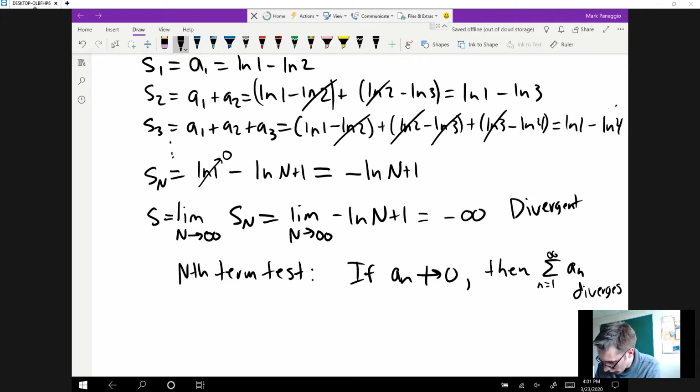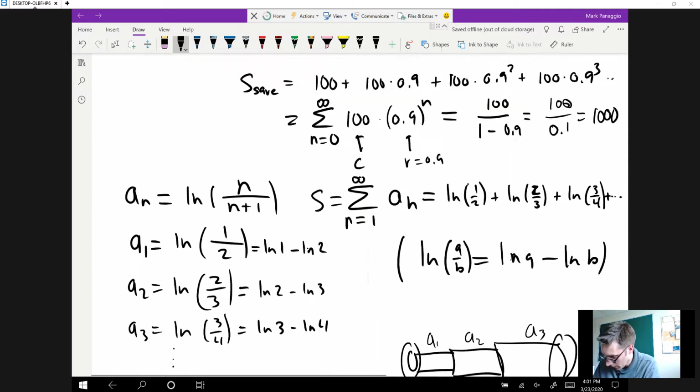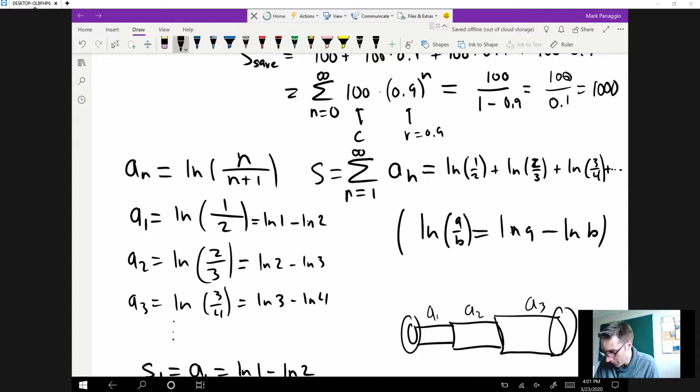Well, here, if you look at our original terms, they are actually going to 0. You can check because when n gets large, the numerator wants to go off to infinity, the denominator goes off to infinity, and so this looks like infinity over infinity, which is indeterminate, but